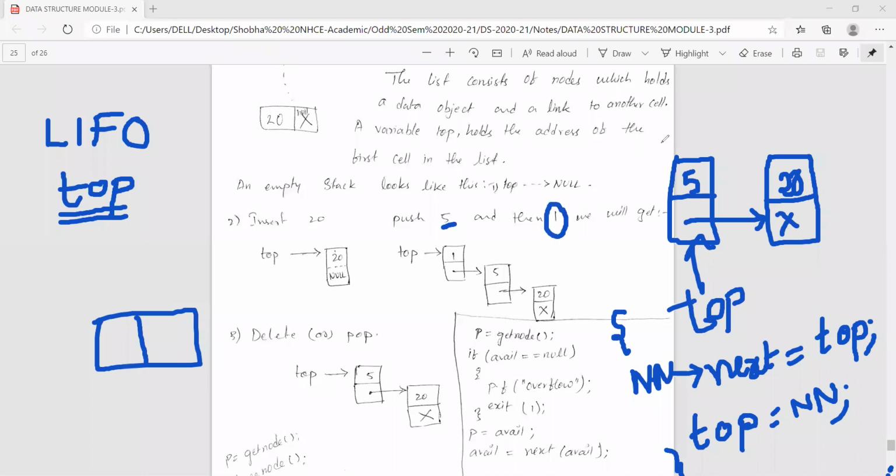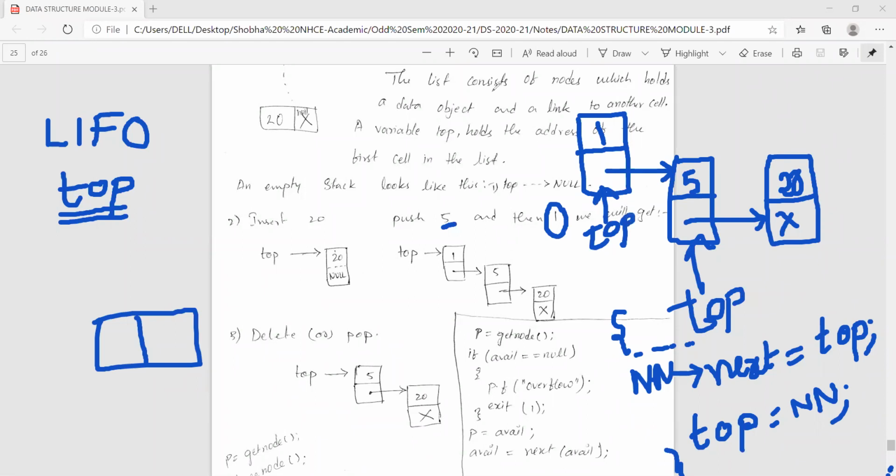So what we will do: using the create function, create a node, add the data 1 into the data part, and as per this statement here, new node's next is equal to top, and then top is equal to new node, and this will become your new top.